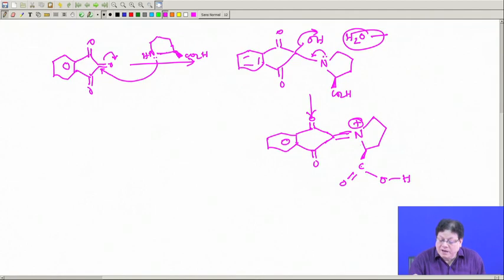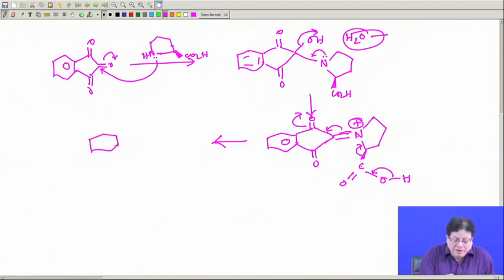But still there are electron withdrawing carbonyl groups present at the beta position. So, this double bond is under tremendous stress, being linked to a positively charged nitrogen and also to electron withdrawing carbonyl groups. So, there is now scope for decarboxylation like the previous cases, and you have this relay process of electron shift, and that gives you the decarboxylation